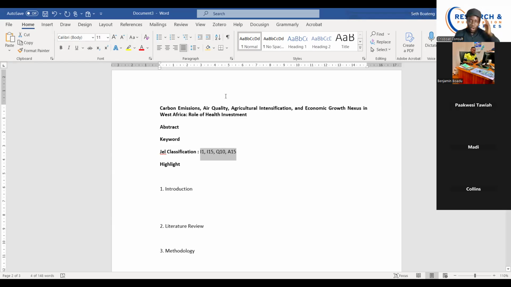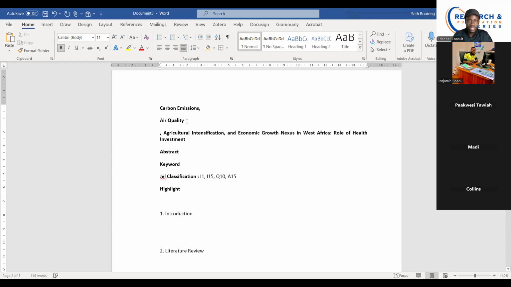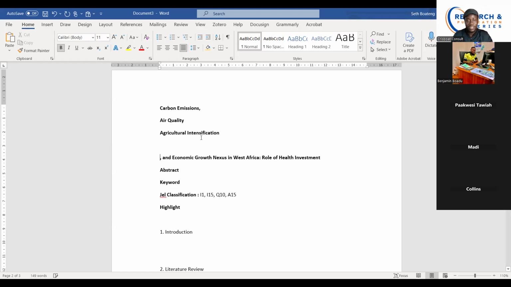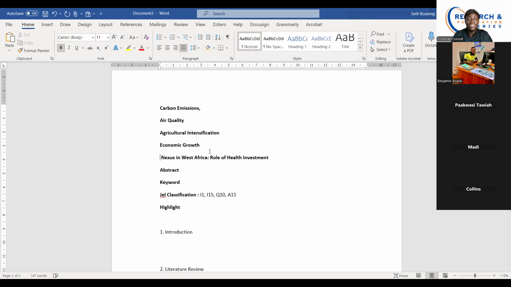Yes. Okay. As I said, you see, my study has carbon emission. It has air quality. It has agricultural intensification. Then we have economic growth. And then we have West Africa.